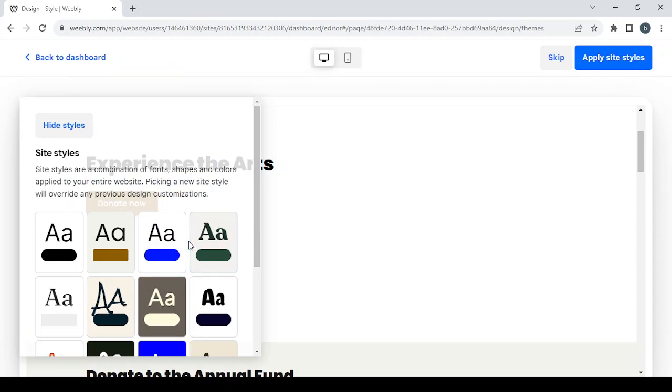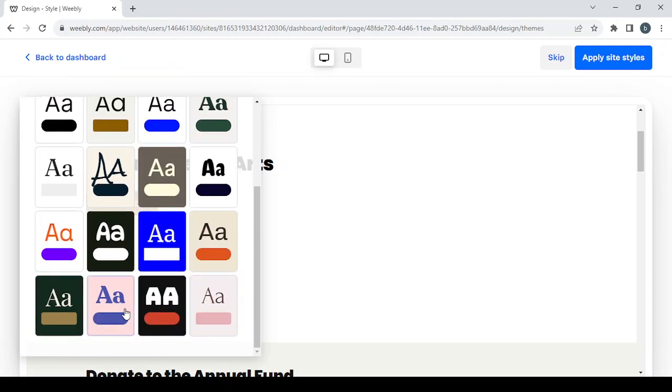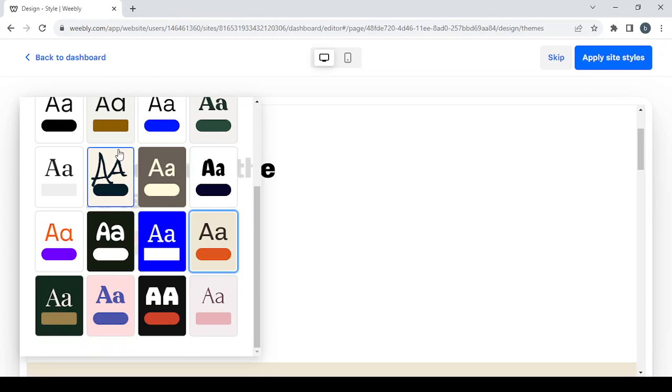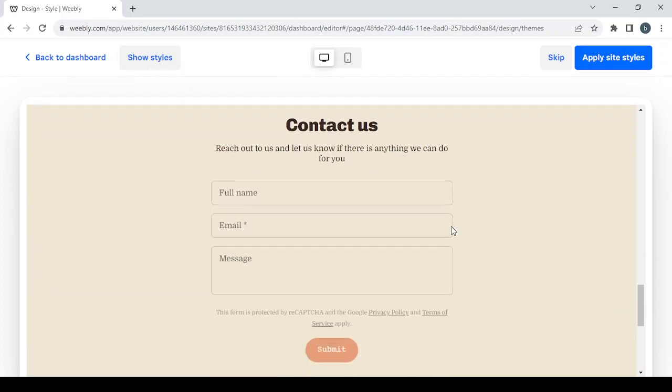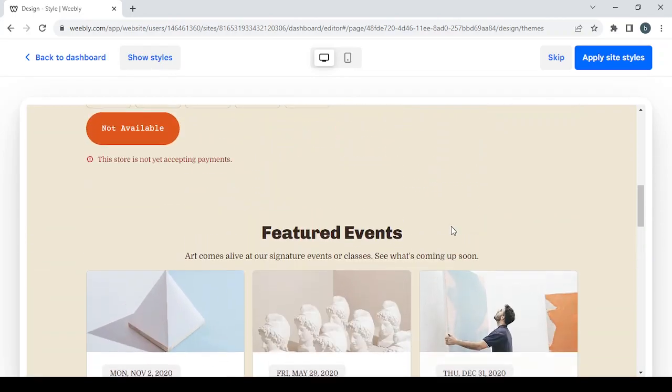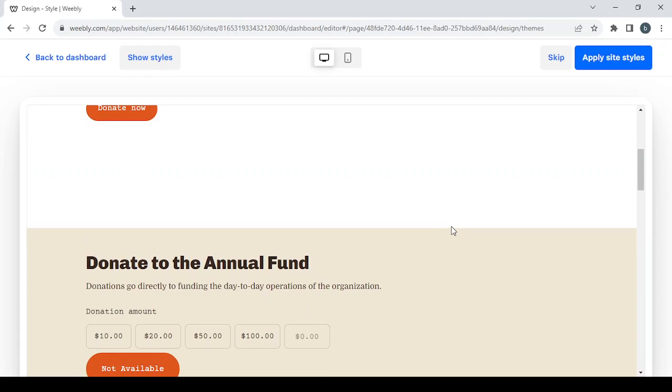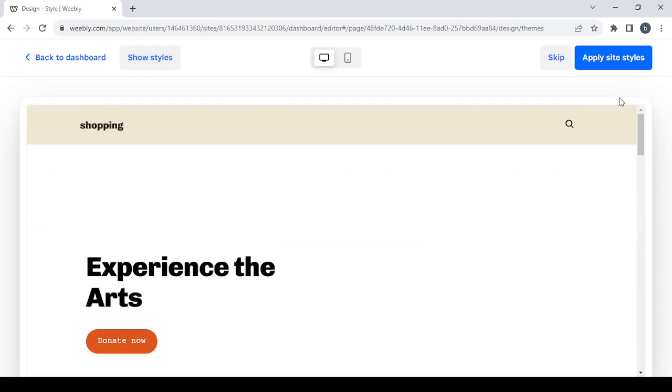Let's choose another style. Let's choose this one and see. So here I think this one is good. I will just need to change the fonts. So click on apply site styles,